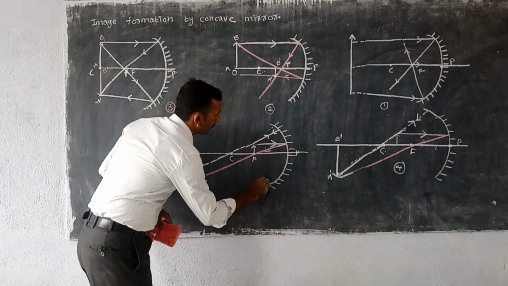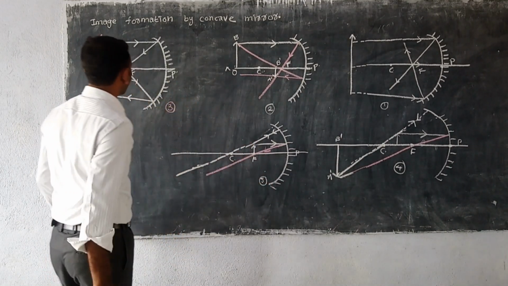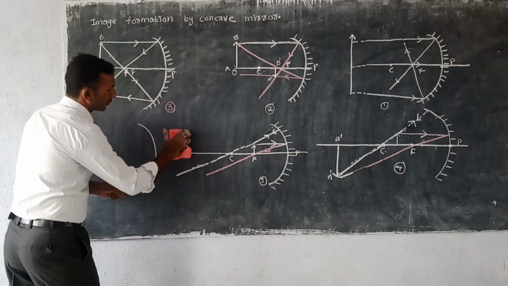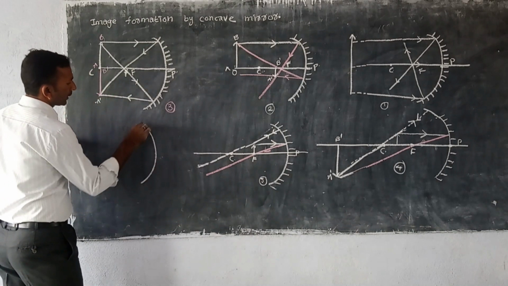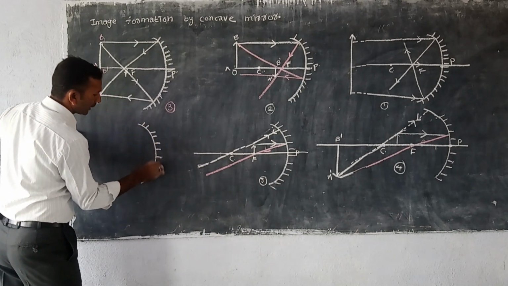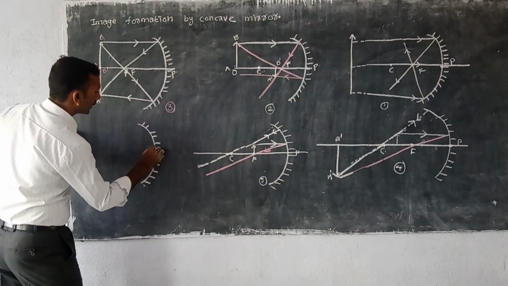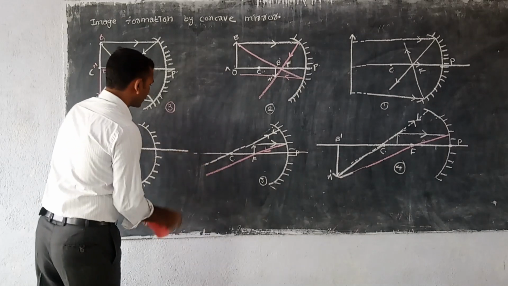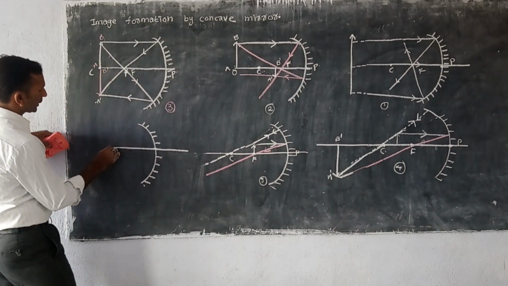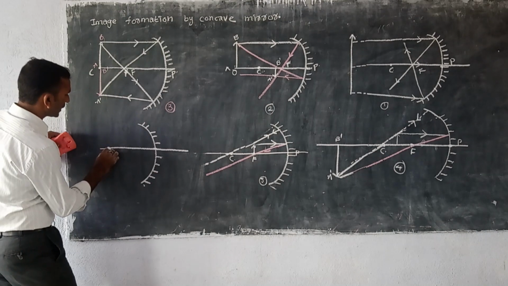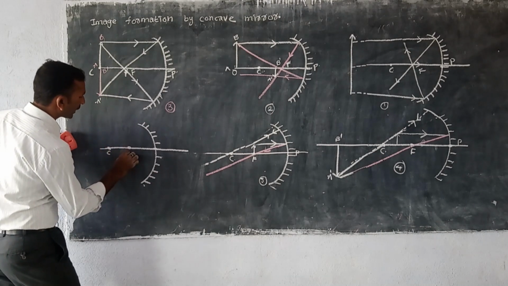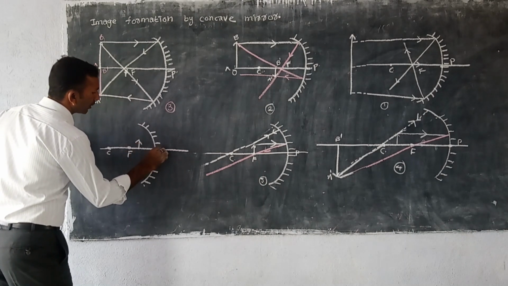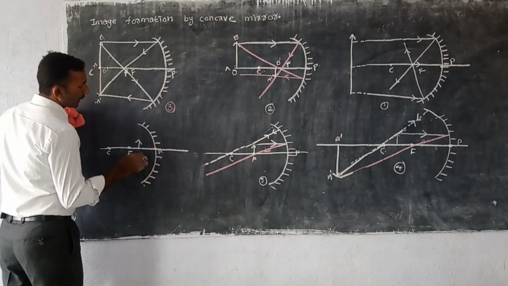So this is figure 5. Another ray diagram we are drawing here. Just take a concave mirror, and this one is the non-reflecting surface of the mirror, and this is the principal axis. Okay. Now this is the center of curvature, and this one is the focal point of the mirror. Now we are keeping the object here between the pole and the focal point.